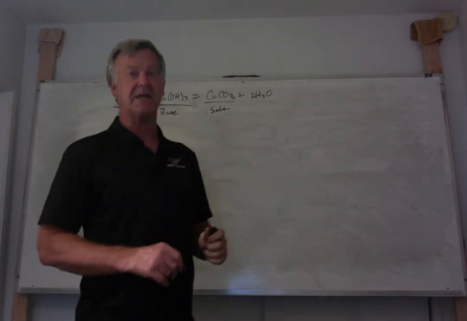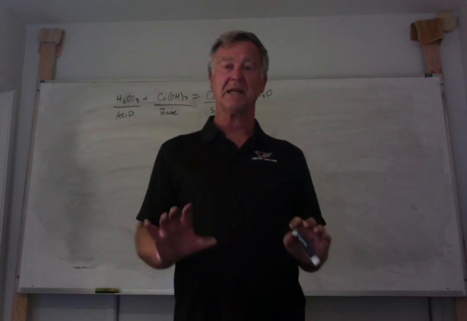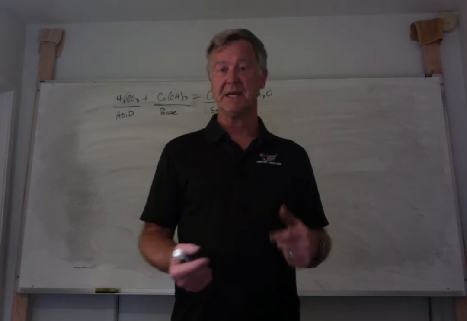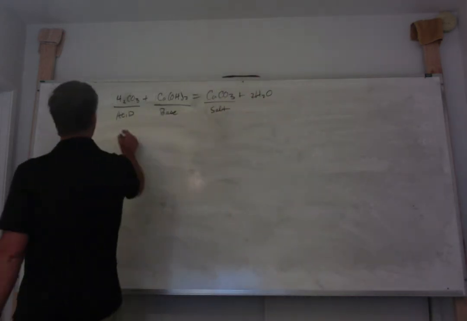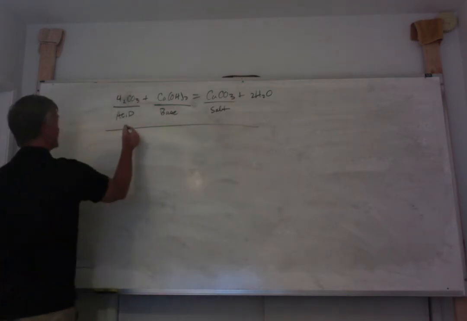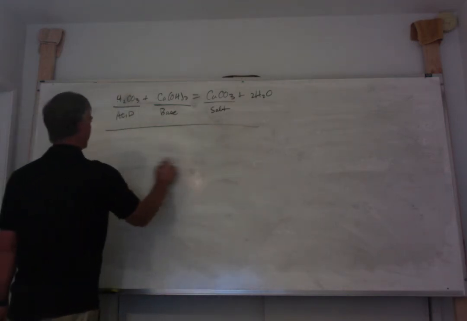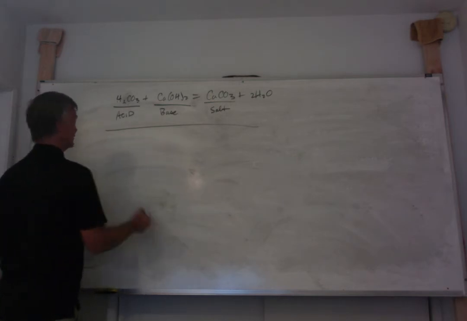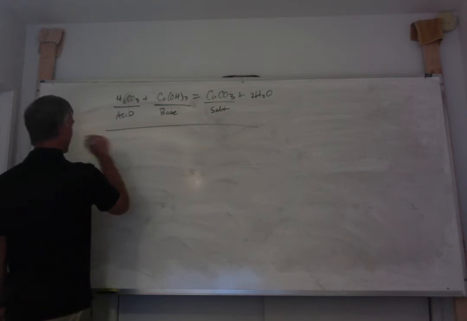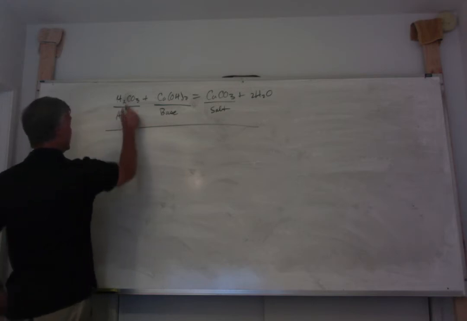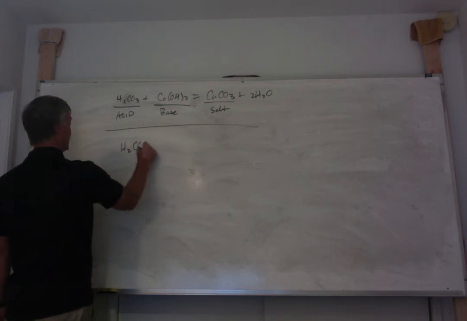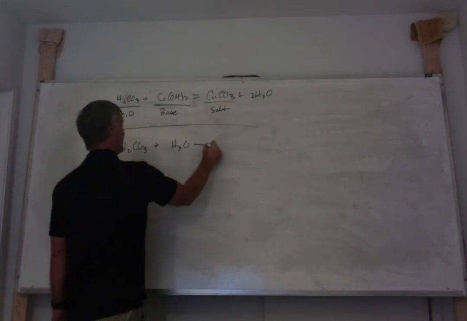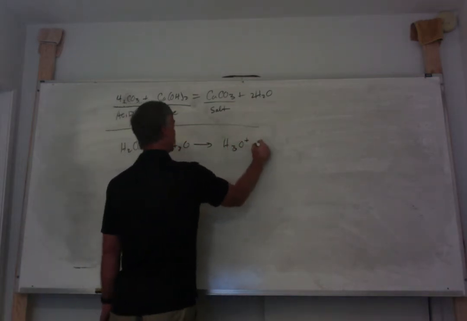You should be able to recognize when we deal with a Bronsted-Lowry acid or base, which one is the conjugate acid or the base. So what I'm going to do is give something like this, where I give an acid or a base, and I make you choose which one is which. But remember, with Bronsted-Lowry acids and bases, let me do it this way. Let's say we took carbonic acid plus water, and that would give me H3O plus